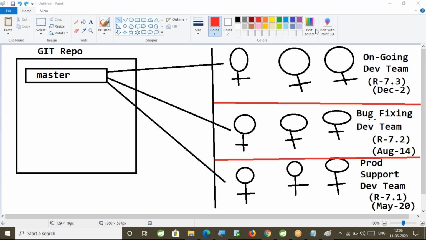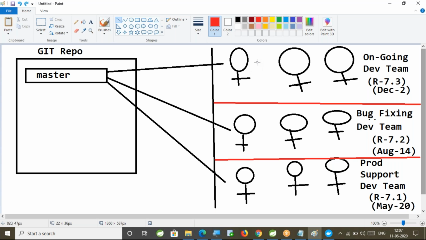Because whatever code they have done for release 7.2, that code is already almost tested. That is in the final stage. But what is happening is that the class is available in the same branch. One of these R7.3 developers thought there is a method available in the class. According to the new requirement, that method has to be modified.